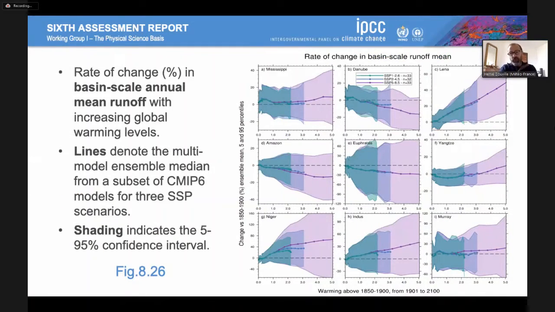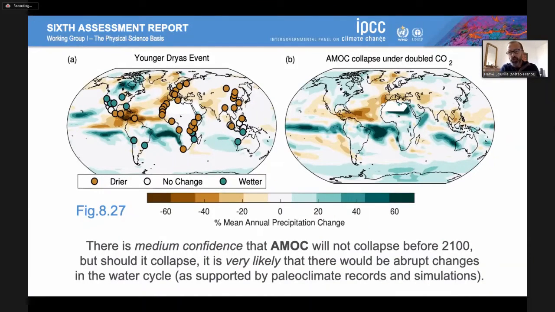The same conclusion can be drawn from this panel, showing the annual mean changes in runoff averaged over large-scale river basins, nine river basins, with most basins showing a wide range of 90% confidence interval in their response, and some basins even suggesting that the ensemble mean forced response is not a fully linear function of increasing global warming on the x-axis. Such non-linearities can arise from land surface feedbacks and related tipping points, but they can also arise from changes